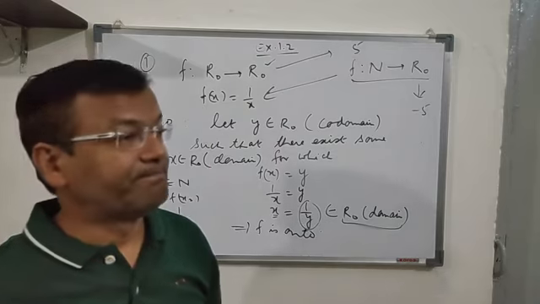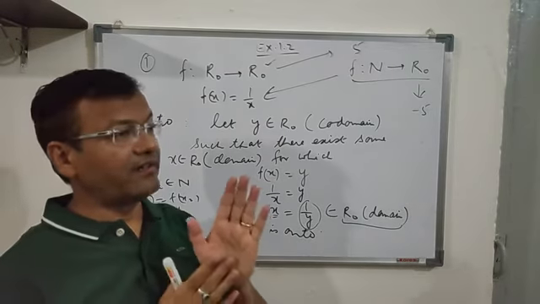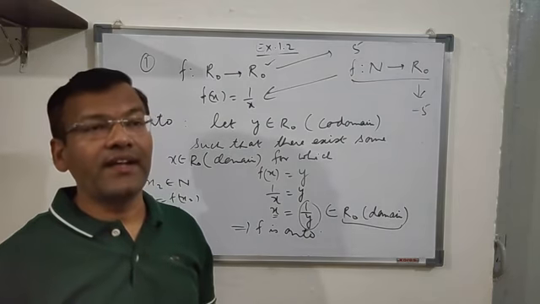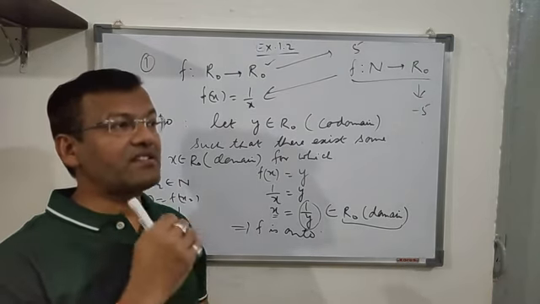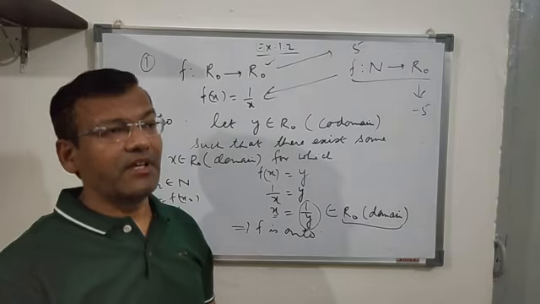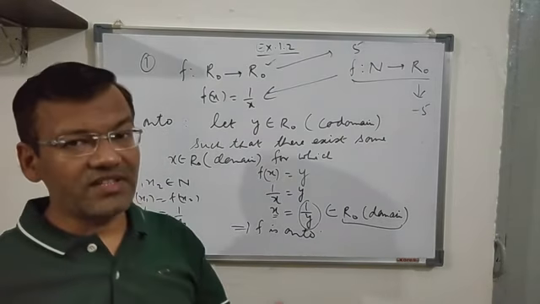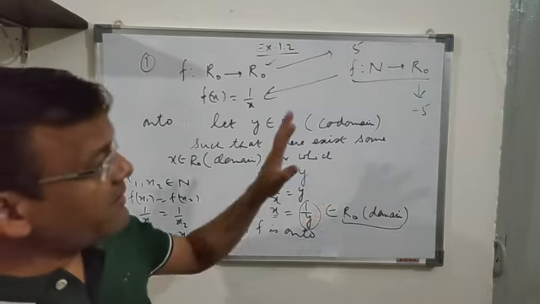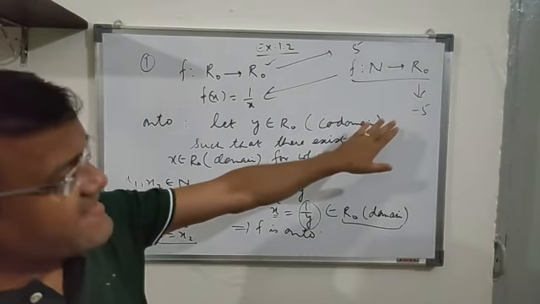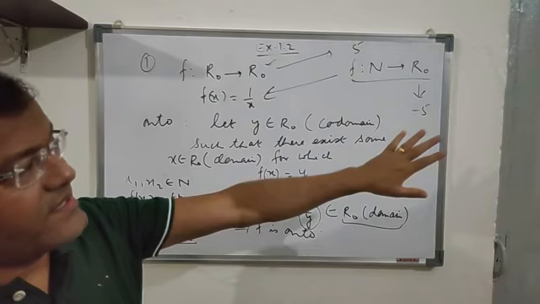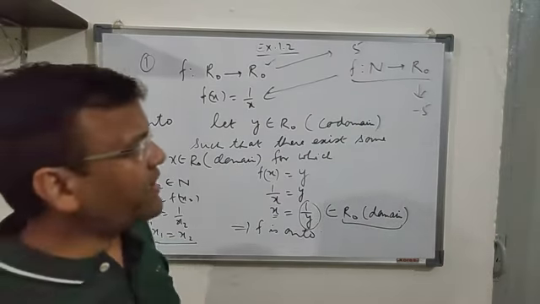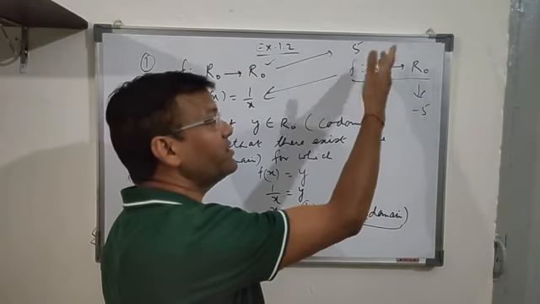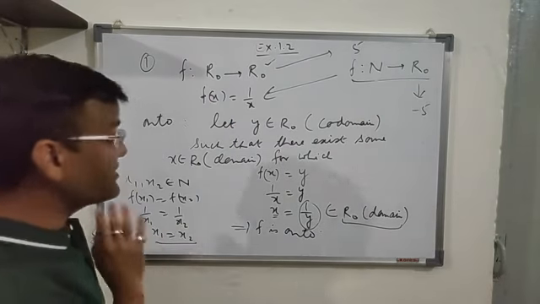Again I repeat the same thing as when we were proving the range and the codomain, if you recall those concepts: if a statement is not true, just give an example to show that it is not true. Similar is the case here. Just by showing an example you can say it is not an onto function. Let us take the element -5, which does not have a pre-image in the domain, so it is not an onto function, but it is a 1-1 function.